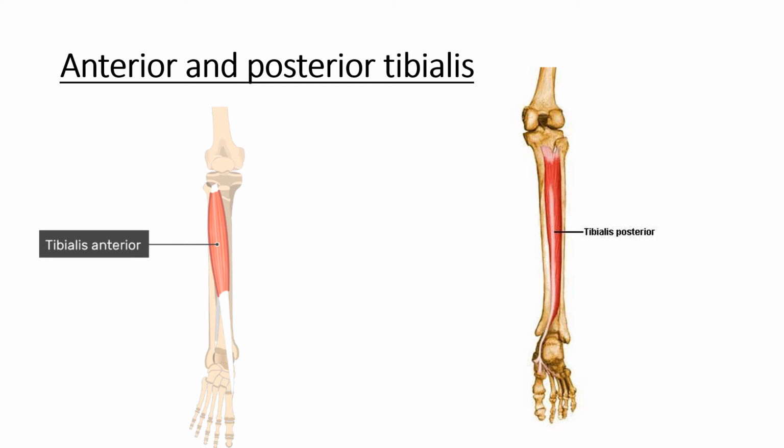All right, anterior and posterior, the tibialis. So we have the anterior, all right, tibialis anterior, muscles towards the front, anterior, this is your toes, and then posterior, tibialis posterior, right here. All right, probably underneath it,